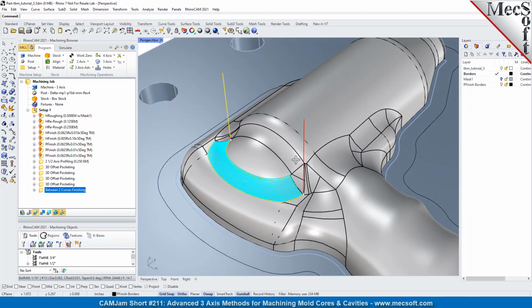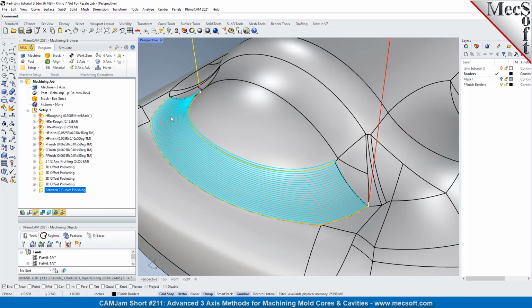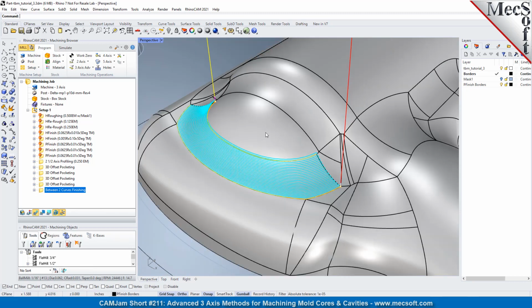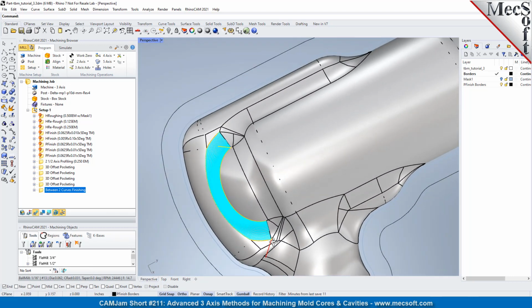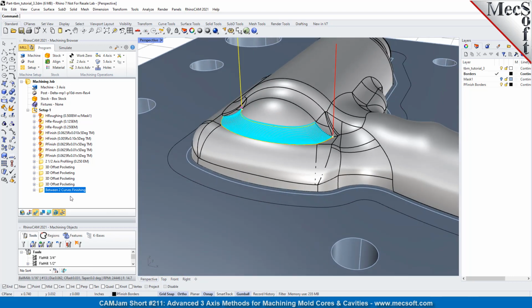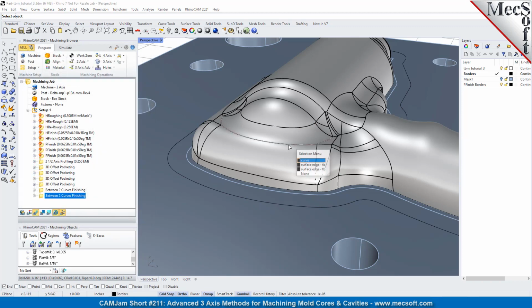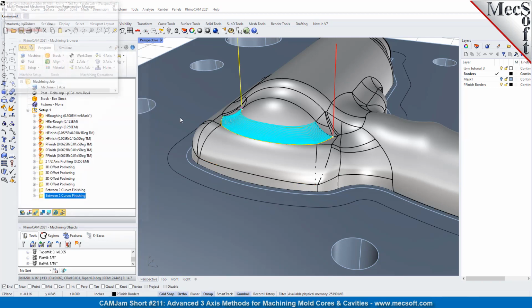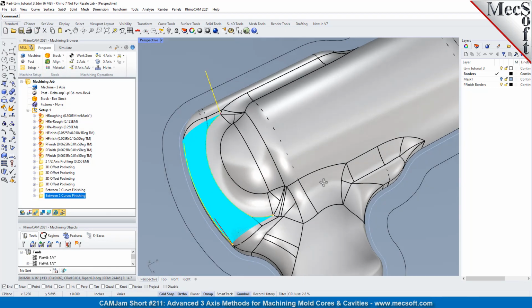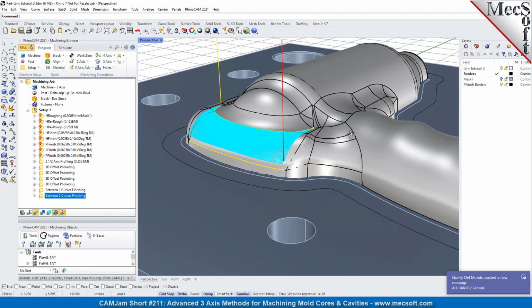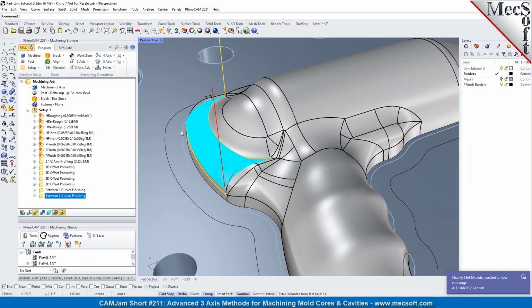Okay, so we have a constant 3D step over. The toolpath morphs between this curve and this curve here, following the geometry of the part. So let's do that again. Let's clone that, and this time we'll remove those, and we will use this curve and this curve. We'll generate. So that takes a nice draping surface down across that region. And also